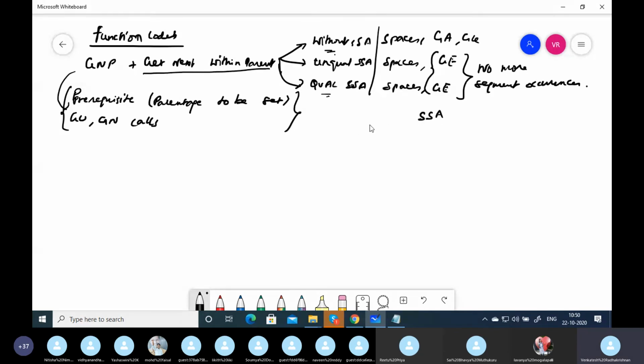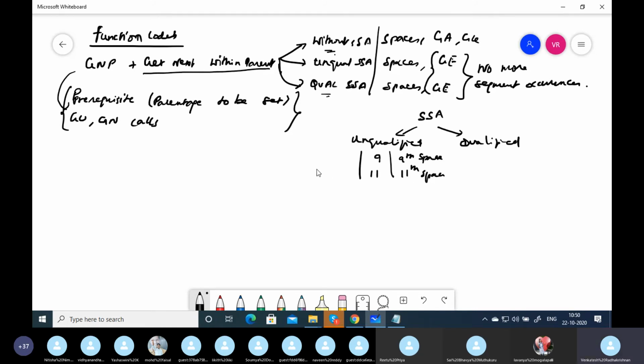SSA stands for segment search argument. It is a fourth parameter in the call statement. There are 2 types of SSAs. One is unqualified. An unqualified SSA can be either 9 bytes or 11 bytes. The 9th byte will be a space. Here the 11th byte will be a space.